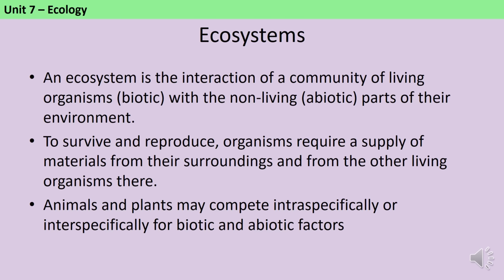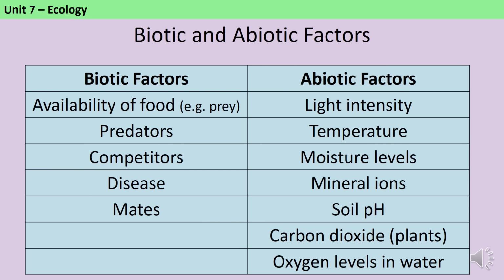Animals and plants may compete intraspecifically, which means within their own species, or interspecifically with other species for both biotic and abiotic factors. Where a species is able to survive and thrive will be a combination of both the biotic and the abiotic factors. For instance, an animal species may not be able to survive in an area where there's a superior competitor taking all the food, but then also where it lives could be controlled by something like the temperature being too hot,